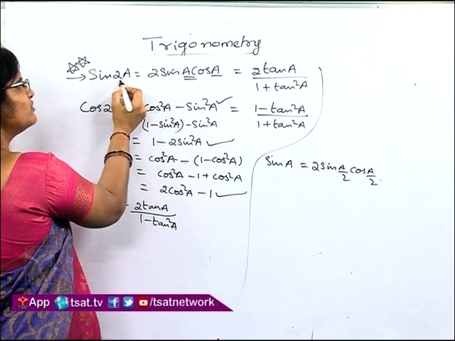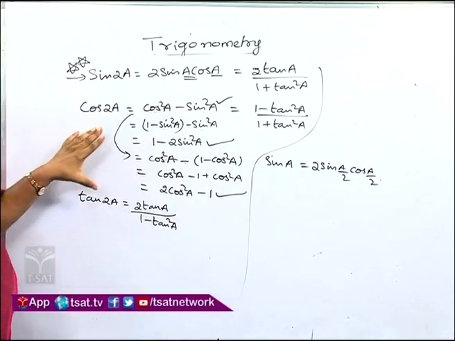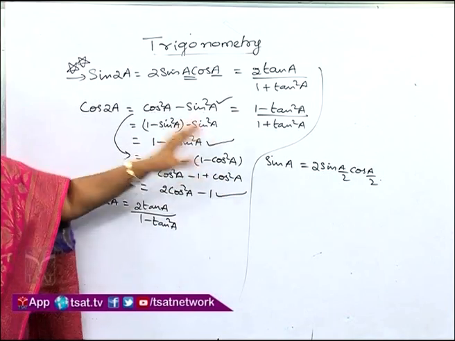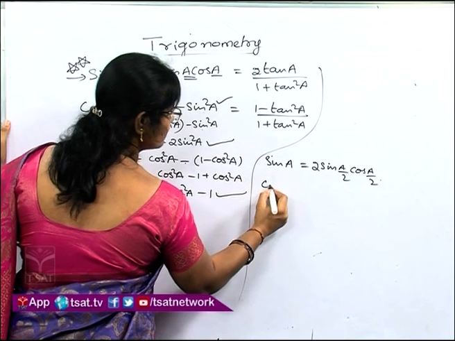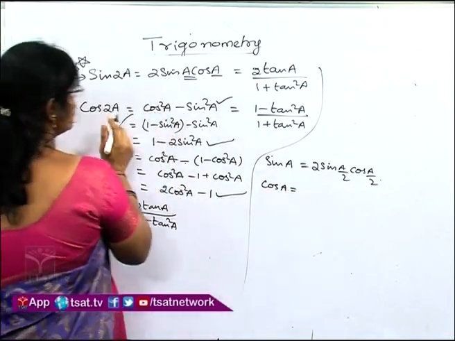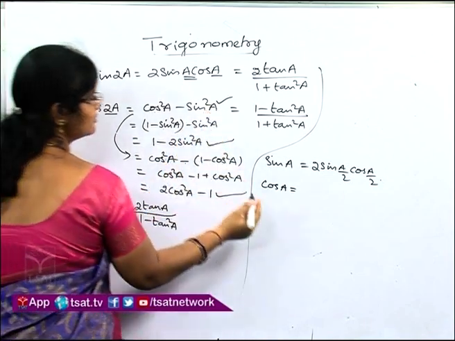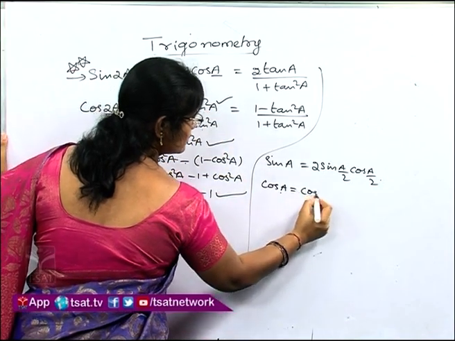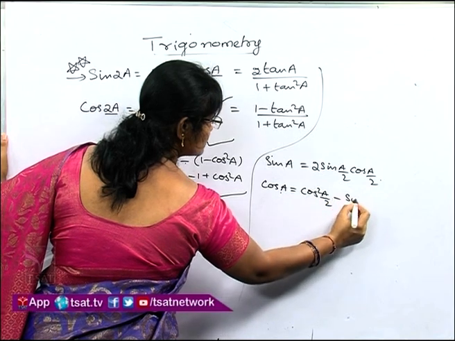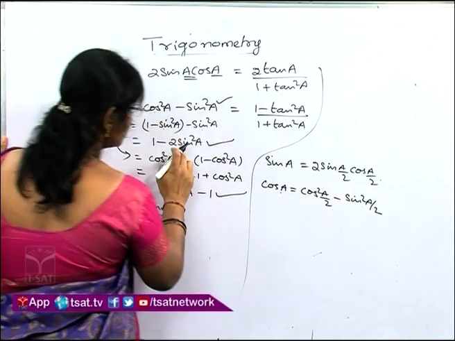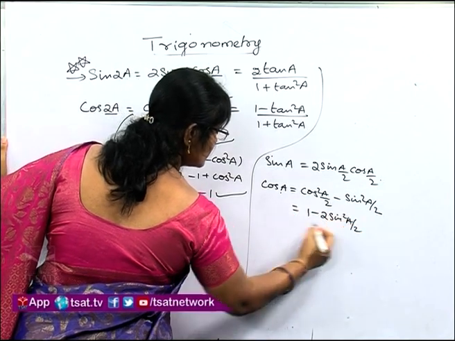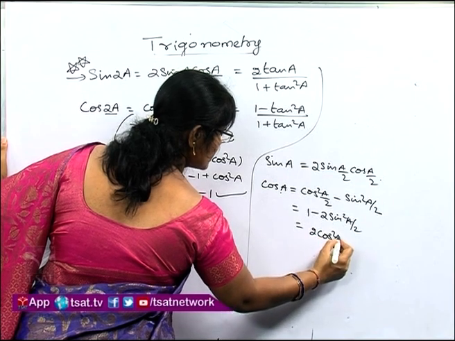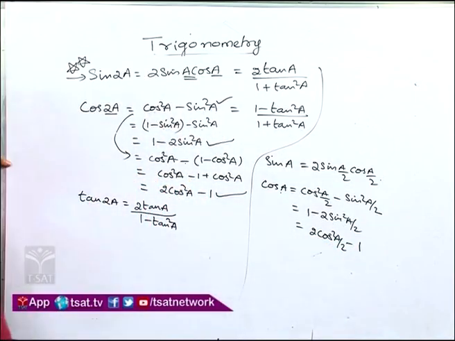So, for all these multiple formulas, we will write half angle formulas, children. So, how you will remember means, you remember the main formulas, then definitely we can derive the submultiple formula from the main formula. So, cos 2a, so here cos a, so here 2a means the angle is becoming half. So, here also half means cos square a by 2 minus sin square a by 2. Another, these two formulas we can write as 1 minus 2 sin square a by 2, and one more thing, 2 cos square a by 2 minus 1. So, in this way we can derive half angle formula. Okay, children?